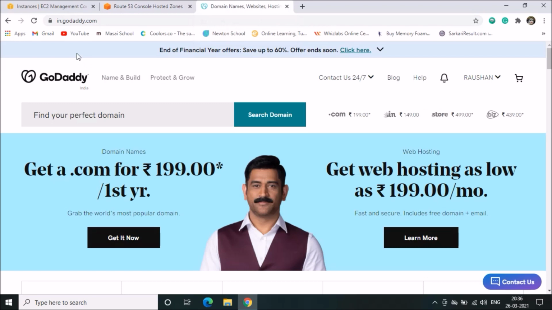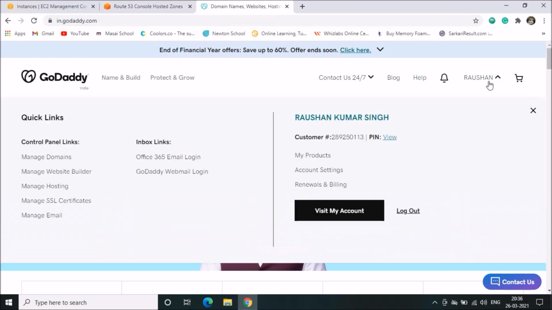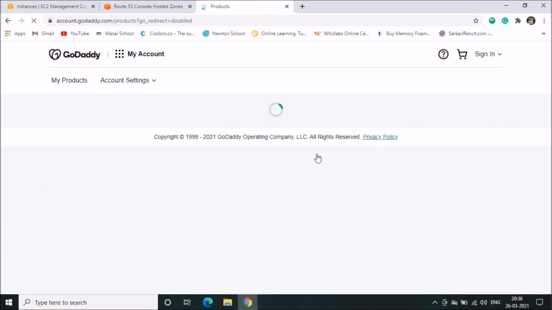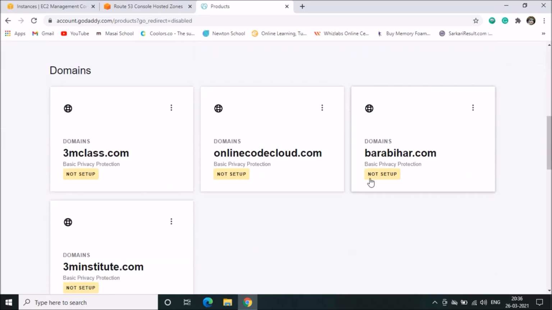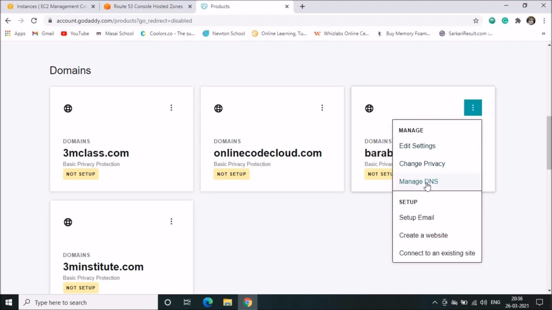In my case we are taking the domain from GoDaddy, so we will click on account, my products, then click on the three-dot menu, then manage DNS.